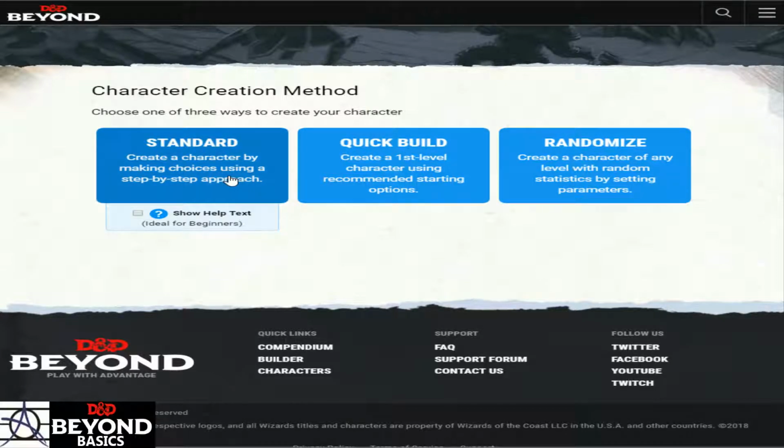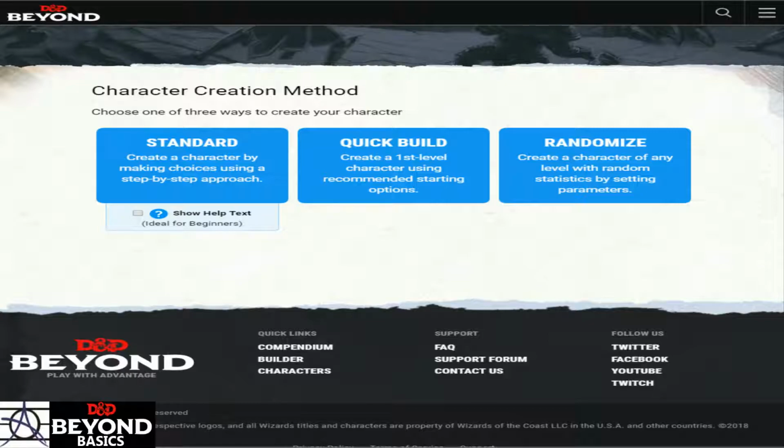You can see that with the standard character, you also have this help text, right? So it says ideal for beginners, and that's true. If you click that help text, whenever you're going through the character creation process, you're going to see things like size and how size actually affects the gameplay. You're going to see things like age, and it's going to give you a, oh, well, if I'm a gnome, gnomes have this kind of lifespan, or humans have this kind of lifespan, orcs live for this long,